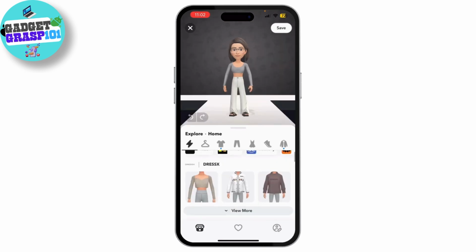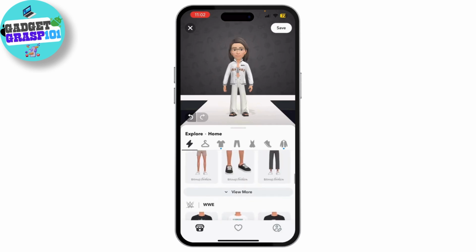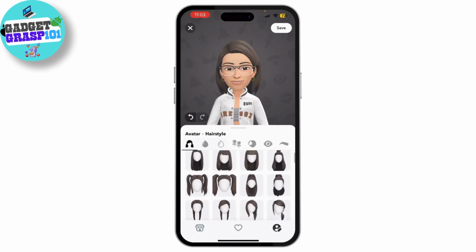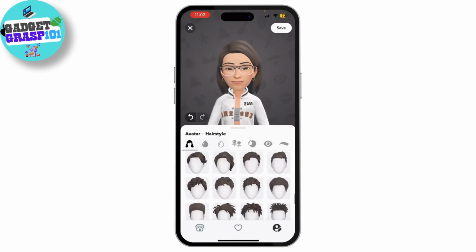You can simply go to here to choose an outfit that looks like a man's gender or a woman's gender. You can choose whichever you prefer. There are lots of options, so that's how you can select an outfit and select hairstyles, and that's all there is to it. You've successfully updated your